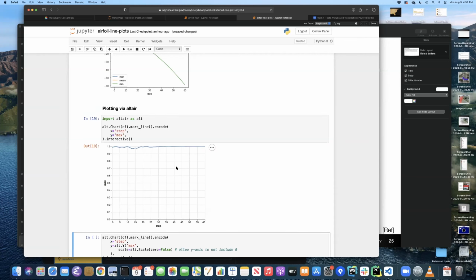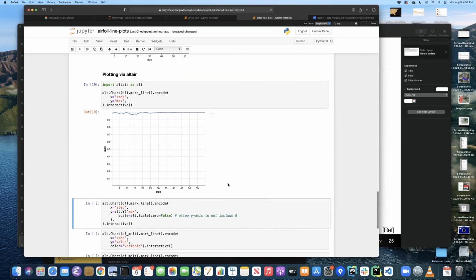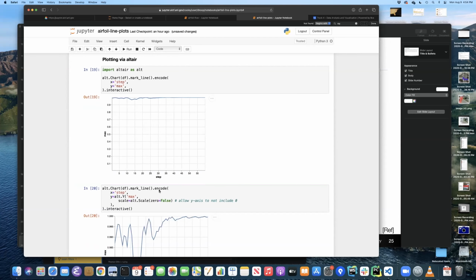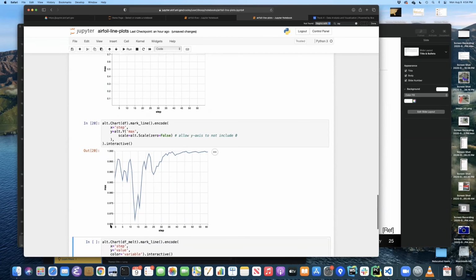And Altair tries to be smart, and through Vega Lite tries to be smart about some of the visualization rules that exist. So things like showing 0 in a plot, even though that makes it a little bit harder to see the deviation here, right? So if you want to explicitly turn that off, you have to set some flags to say that you are going to allow the y-axis not to start at 0 here, so you can see a little bit how things change.